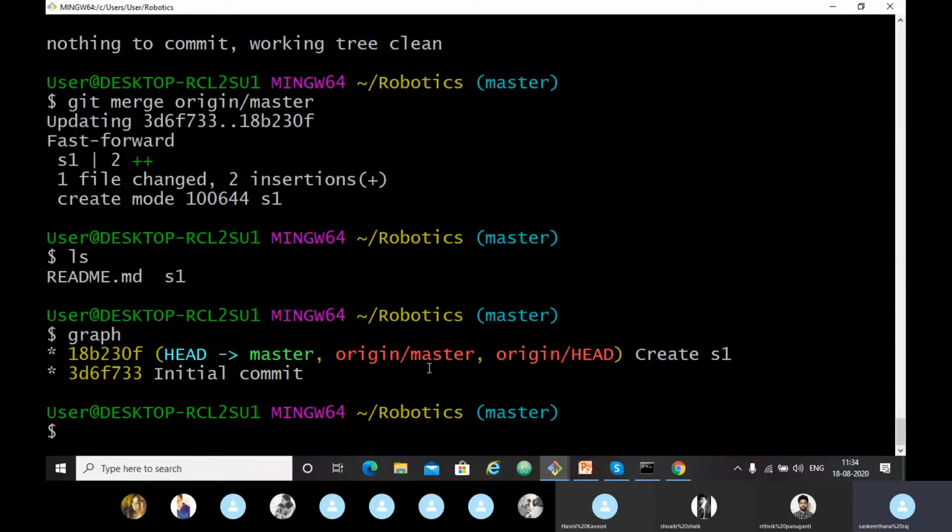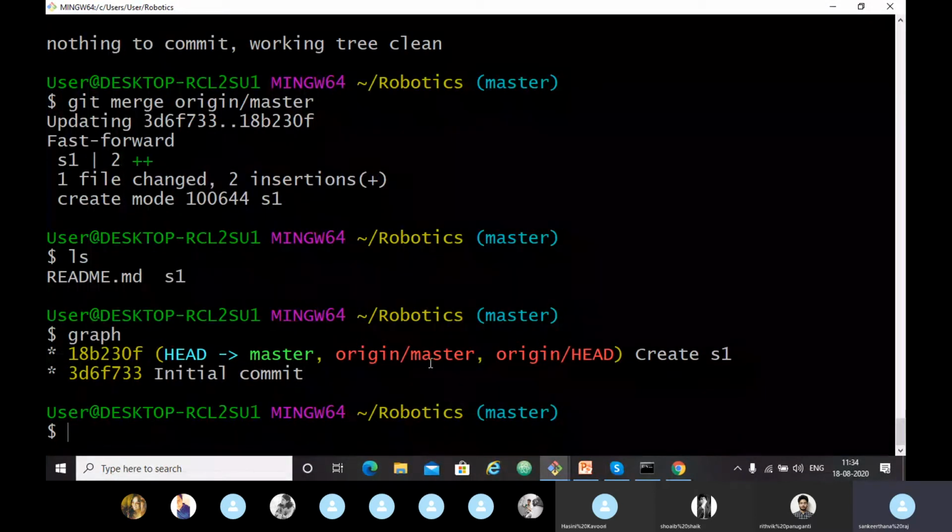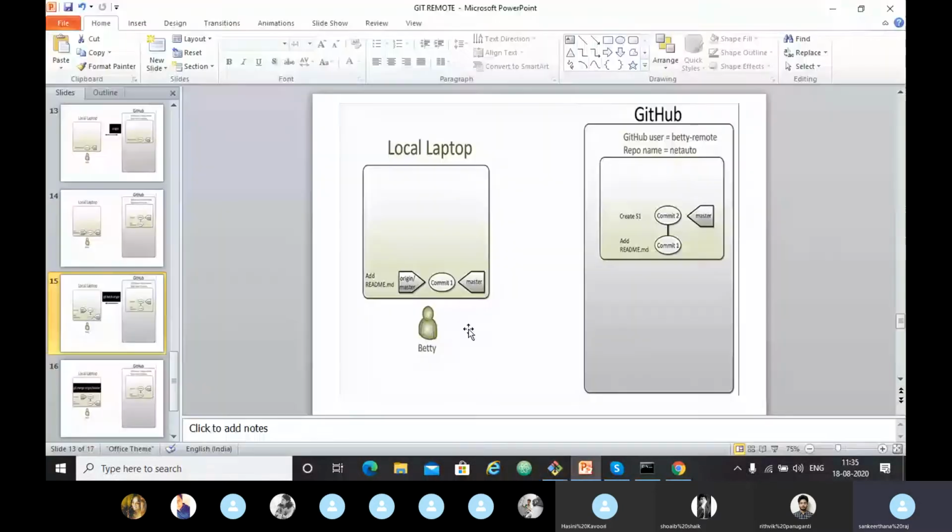So let's get back to our diagram once again. What we have done in GitHub, we have committed a new file at the master branch in the GitHub. After that, we have downloaded it, we have retrieved it with the git fetch origin command.